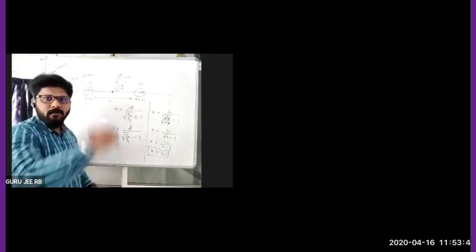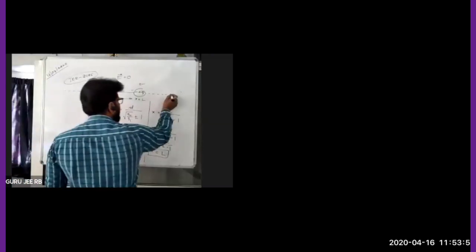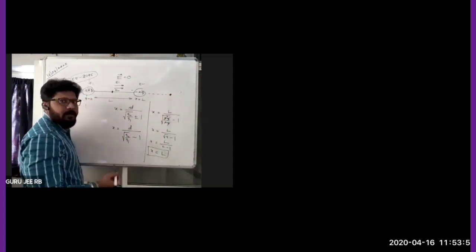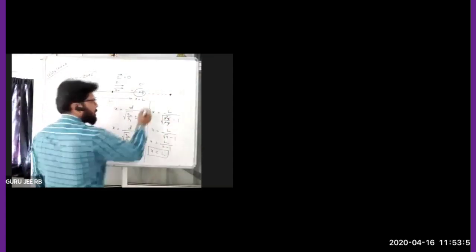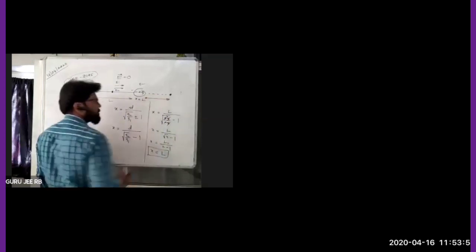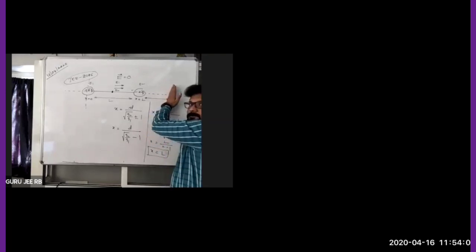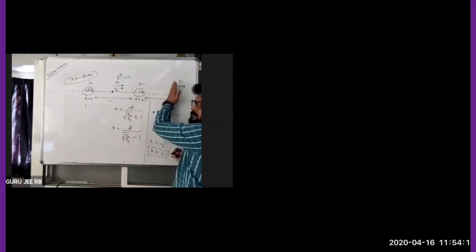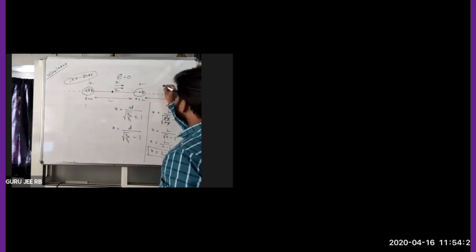Now go outside. Let us take a point outside here. Let me try to calculate at this particular point, where I don't know this distance. At this point, is E1 away or towards? E1 is away. That means it is nothing but E1. If I take E2 here at this particular point, is it away or towards? Towards, right? It is nothing but E2 towards.